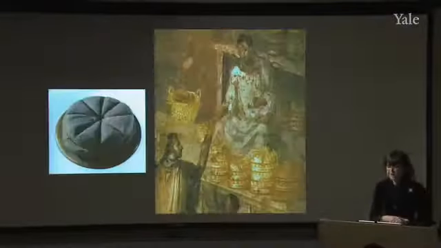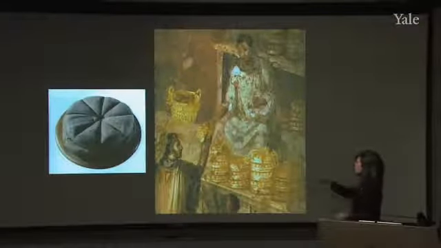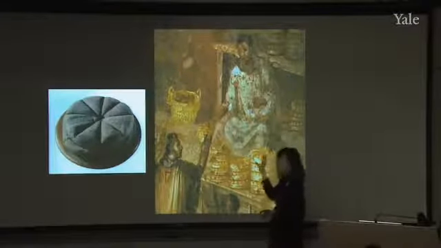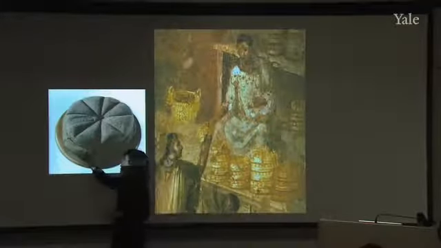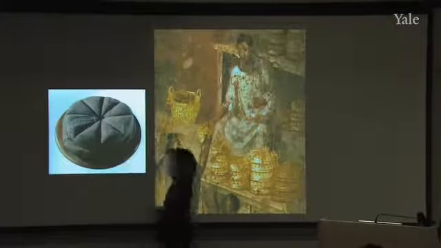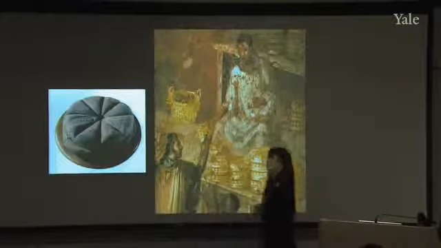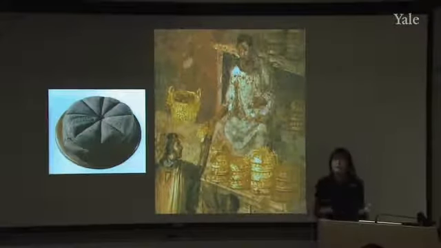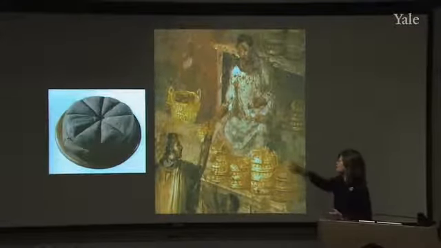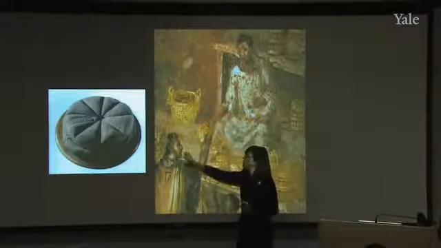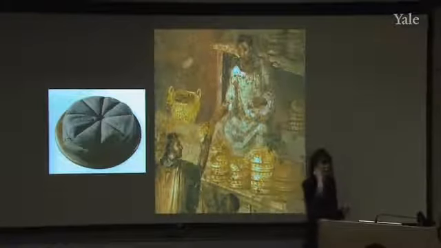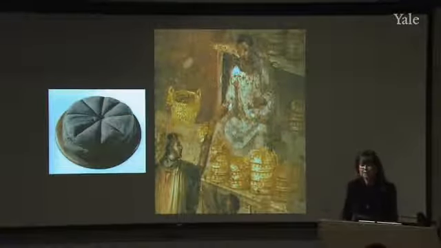And I can show you a detail also of the same where you can get a better sense of the shape of the breads. You remember the petrified bread that we looked at from Pompeii, and the division into shapes that make it resemble a pizza. The same kinds of breads can be seen here, and it's that bread that is being distributed to these people down below. While this painting comes from a house,